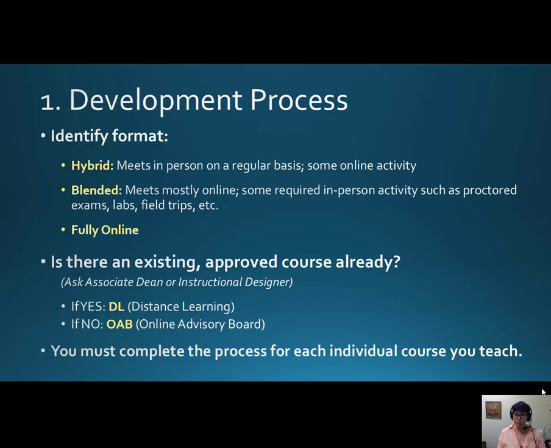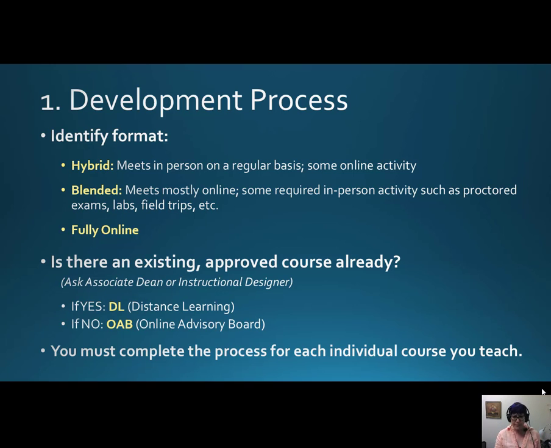Once you've figured out which format you'll be using, you need to find out, is there an existing approved course already? Because there's no reason to reinvent the wheel. So ask your associate dean or an instructional designer. Does a class already exist? If one does, so if the answer to that question is yes, then you will go through distance learning in setting up your class and getting ready to teach it. If no class exists, that's when you go through the online advisory board. So you'll have to create your class from scratch and go through the online advisory board when you get it